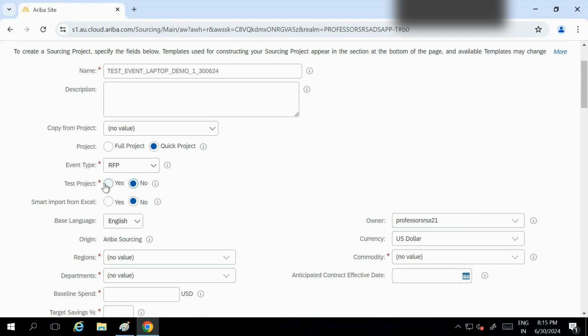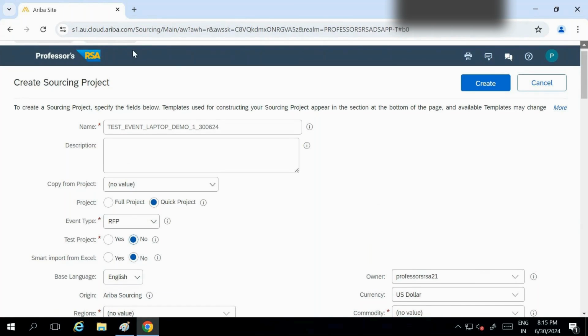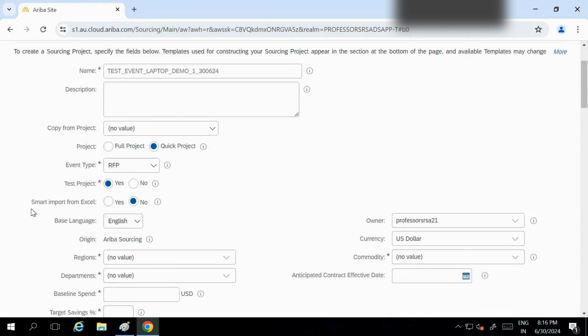So currently we are giving the test event, since it is a test realm only. If you see here on the dashboard, it shows test. So here you can click on either, but most of the time when we are doing practice, you can click yes only. But make sure for the main event you select no.